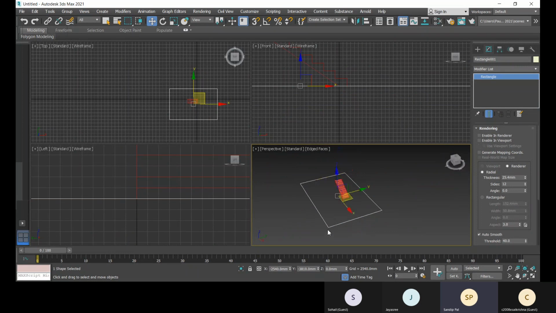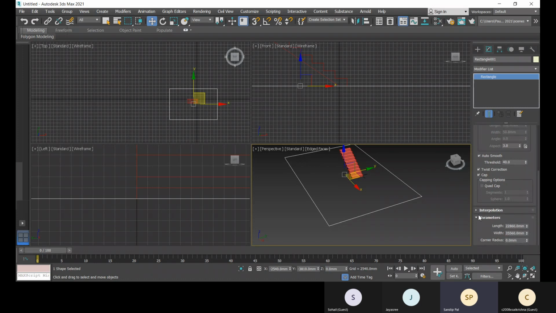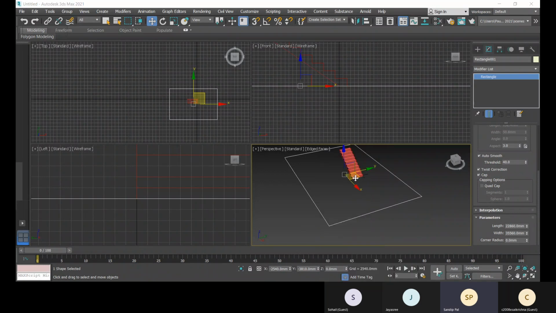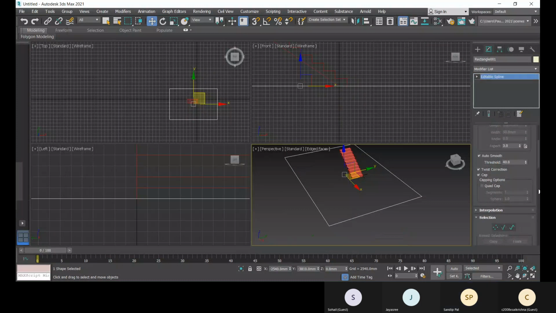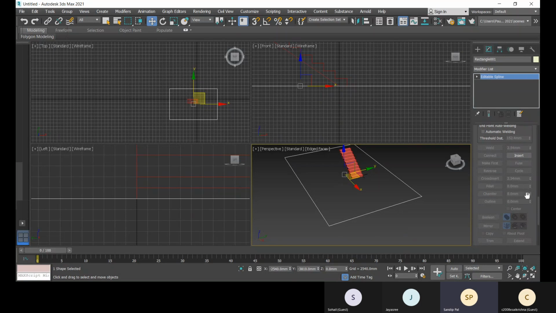Right now I only have the simple zero thickness line, and what I can do is right click on it and convert to editable spline. I will click on this, convert to editable spline, and then I can have the outline option.